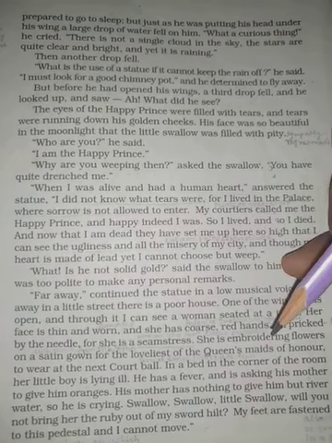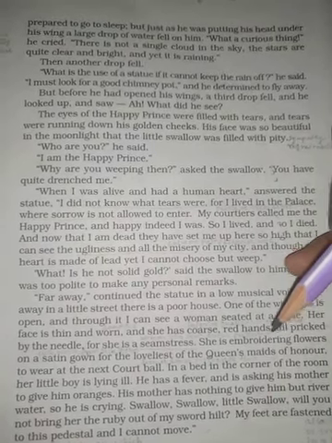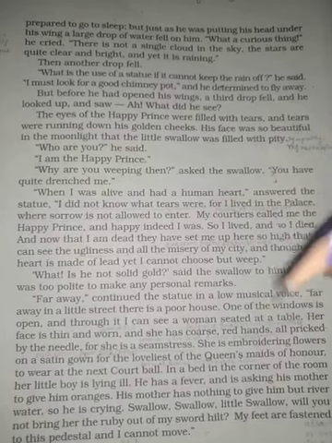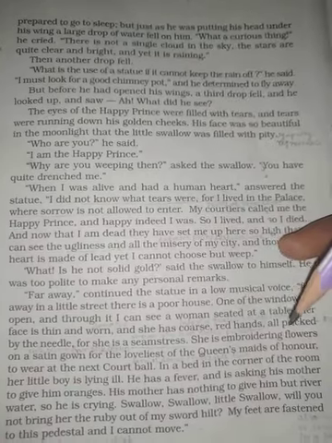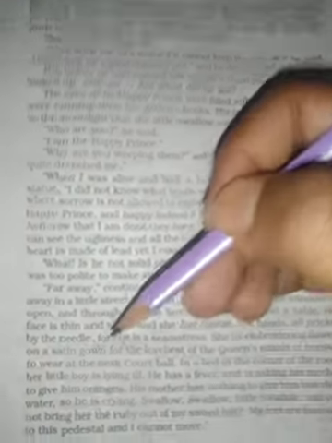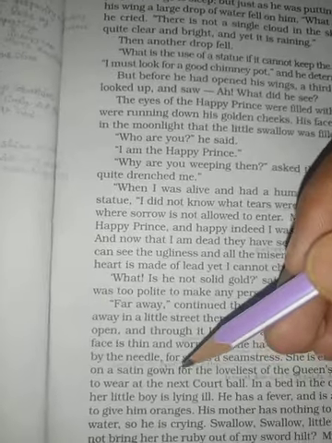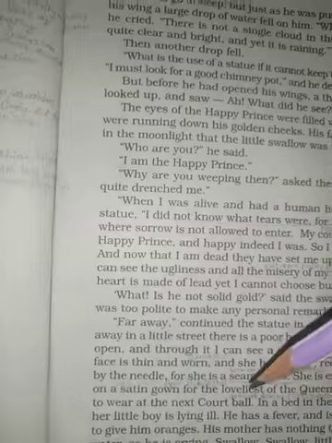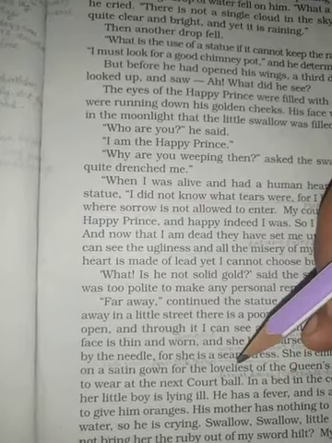She is embroidering. She is stitching some designs, flowers, on a satin gown. Satin means cloth worked from silk or